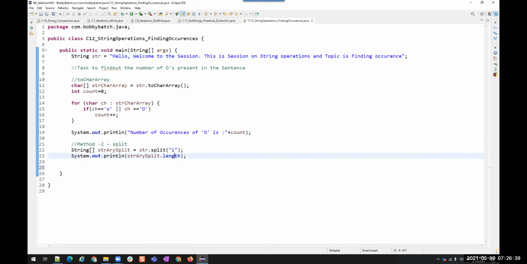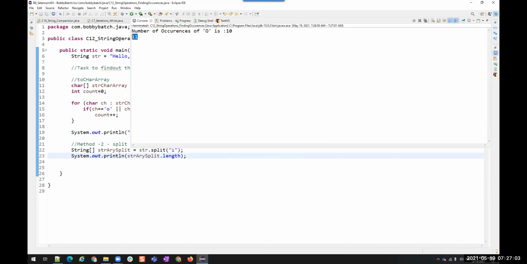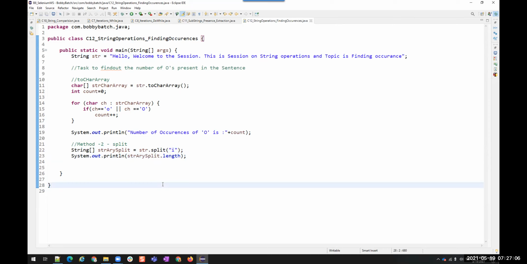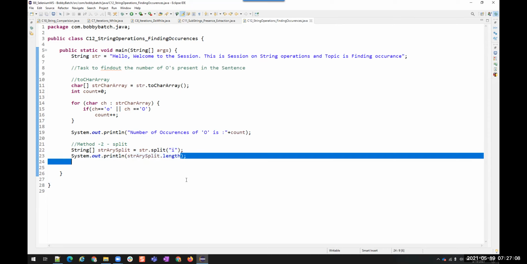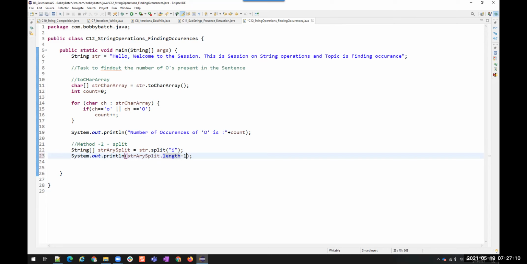The length will be 11 now, because when we divide with the help of i's, it gets divided into 11 parts, before and after. Let's see if we get 11. Yes, we got 11. So the actual size will be -1. Always, for finding the number of occurrences.